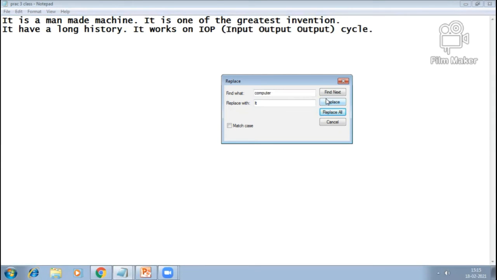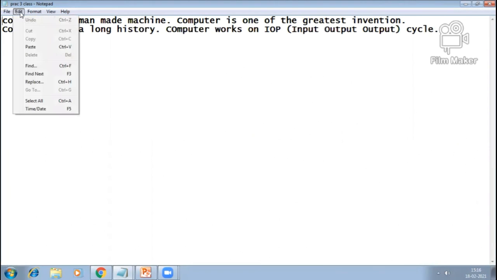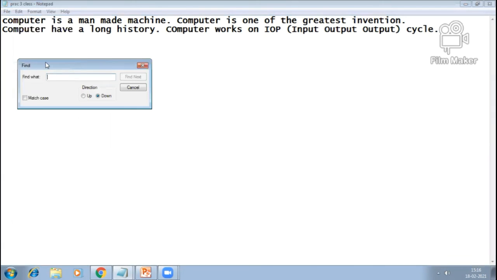Now I'm going to revise the two commands again. Our first command was Find. The Find command is available in the Edit menu. Click on the Edit menu and the shortcut key of Find is Control F. Click on Find.